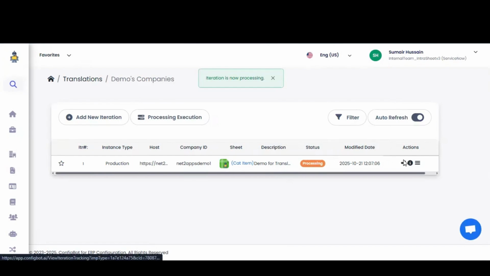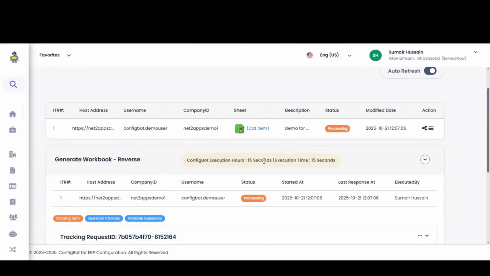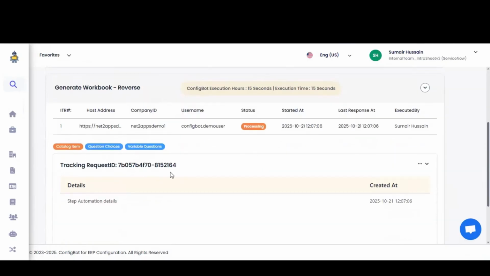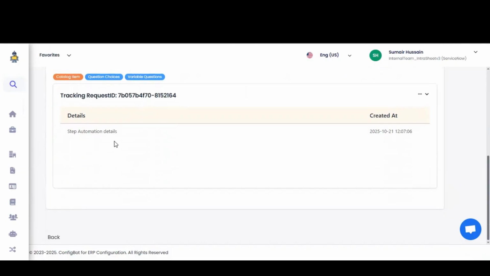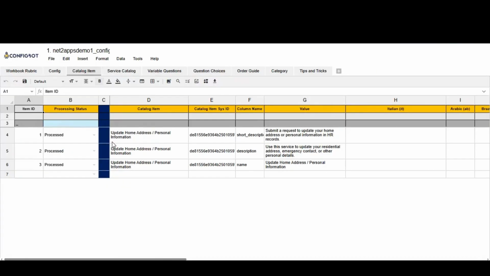Once the execution starts, you can see the status changes to processing. Click the eye icon to view details of execution. Here, you can see the total execution time, tracking IDs, logs, and the sheet on which the bot is working. Once the processing status is completed, open the workbook and see the data we specified in the config sheet